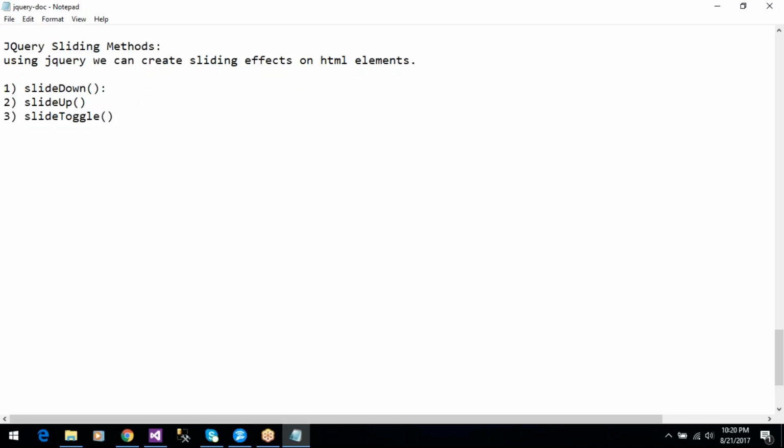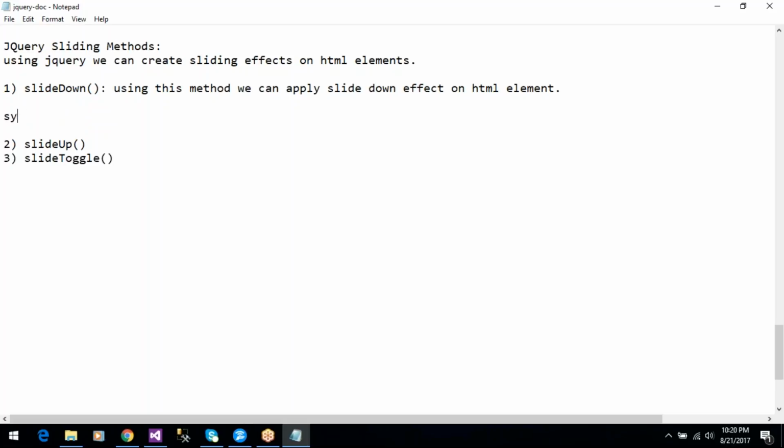The jQuery slideDown method is used to slide down an element. Using this method, we can apply the slide down effect on an HTML element. Syntax: dollar symbol, selector, dot